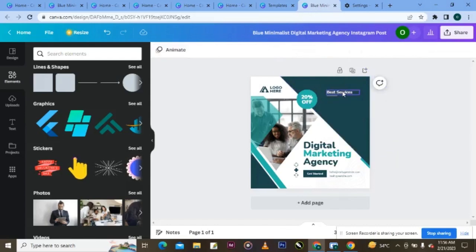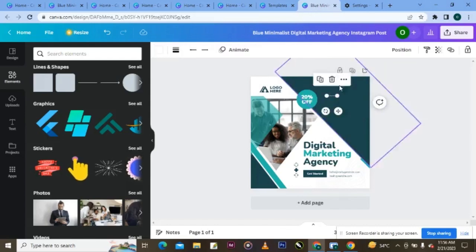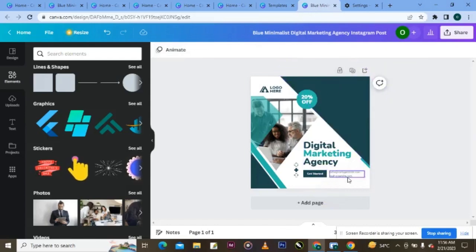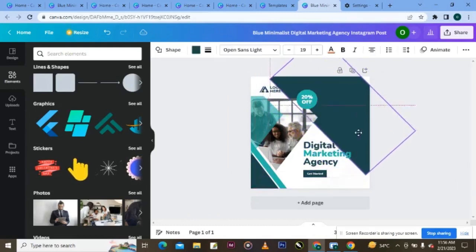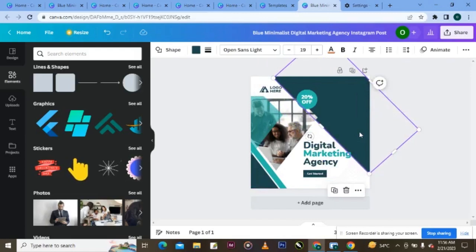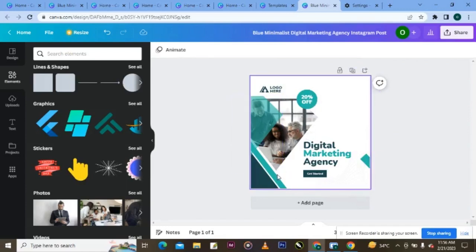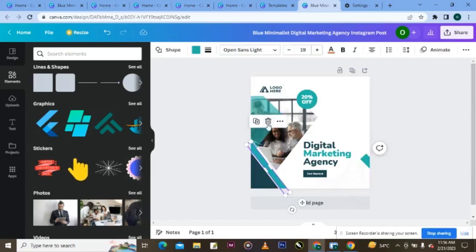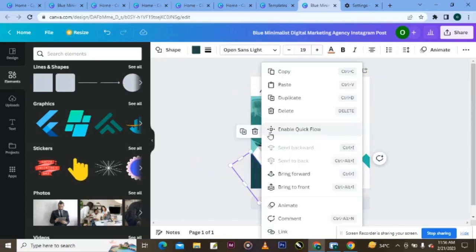Let's take this off. I don't think I need this. Let's take this off. So we have different things here. I have elements like rectangles here that are oriented in a diagonal way. I don't think I want my design to be like that. So I'm going to use the same element, but I'm going to use it in a very different way. So let's do something like this. Let's take off these ones that I don't need